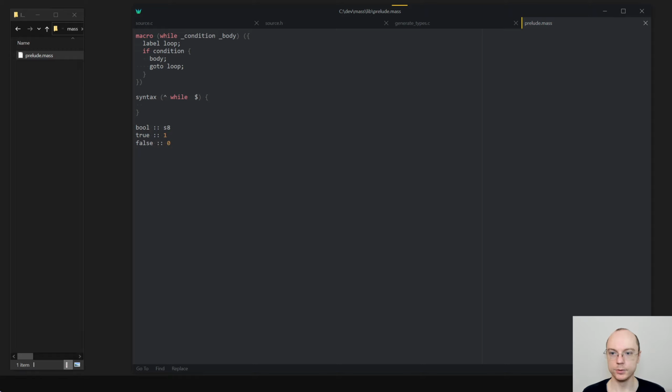Now the next thing is where the difference starts, because right now while requires us to pass in the condition as braces, and we would like it so that I can use the same as here, where the condition is actually without braces, and then there is a required curly brace. So how would we do that?